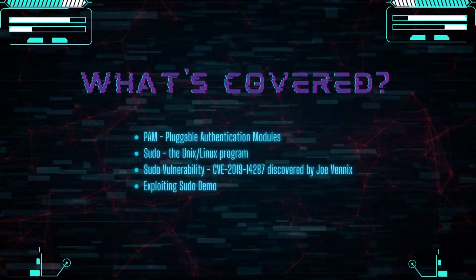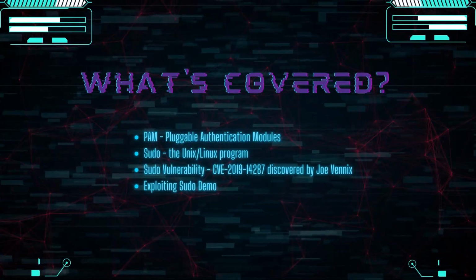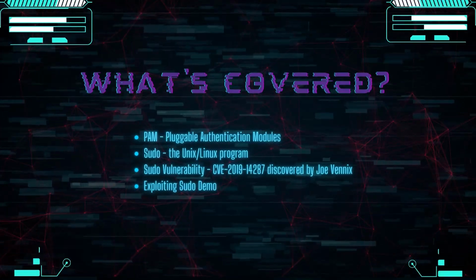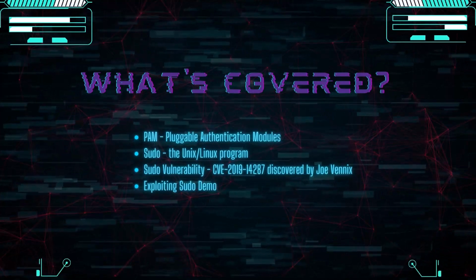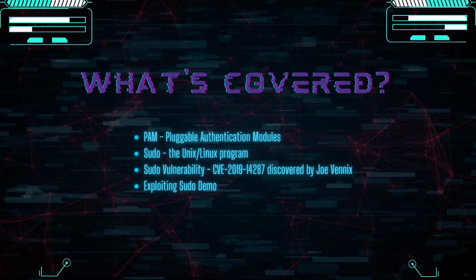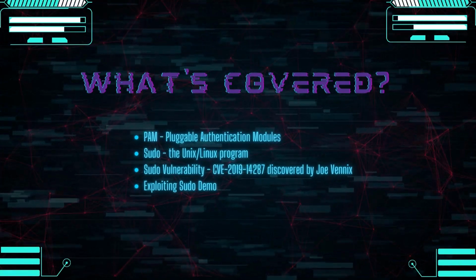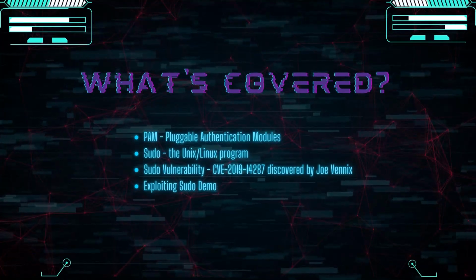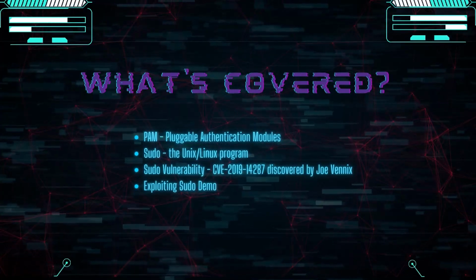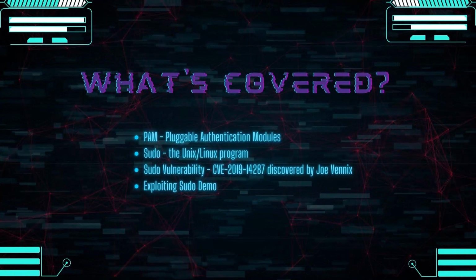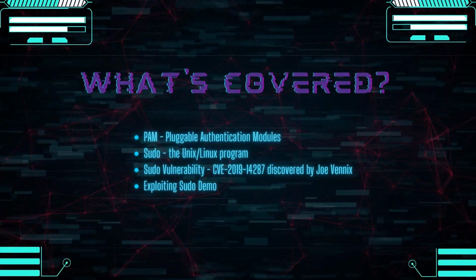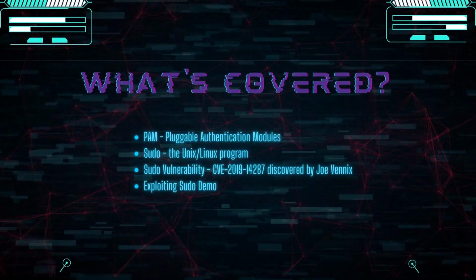In this video I will be covering CVE-2019-14287, a vulnerability found in the Sudo program that was originally discovered by Apple researcher Joe Venix. I'll touch on what PAM and Sudo is. In the demonstration, I'll show you how an attacker can exploit Sudo before version 1.8.28 to bypass policy blacklists and session PAM modules, which can lead to incorrect logging by invoking Sudo with a crafted user ID. This vulnerability allows unauthorized access to run as all Sudoer accounts by manipulating the user ID parameter when invoking the